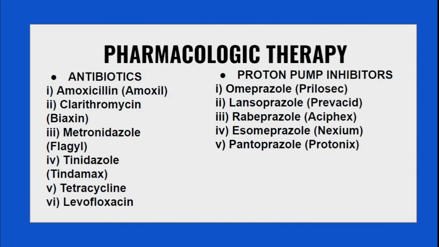So currently the most commonly used therapy in the treatment of ulcers is the combination of these two, antibiotics and proton pump inhibitors. What these proton pump inhibitors do is they reduce the acid by blocking the action of the cells that produce acid. We also use histamine 2, that is H2 receptor antagonists, and proton pump inhibitors as a combination, and they are used to treat NSAID-induced ulcers. Antacids reduce stomach acids, we all know that.